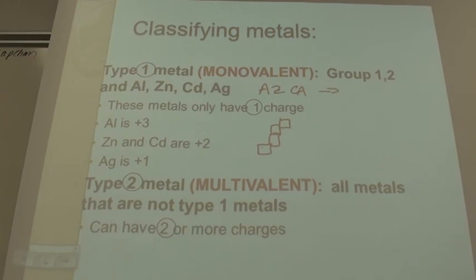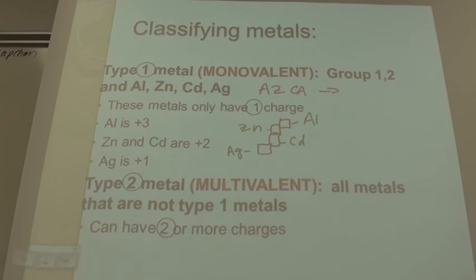Where this would be silver, this is cadmium, this is zinc, and this is aluminum. And we go up in charge, +1, +2, +2, +3. It is absolutely vital that you are able to look at a metal and determine the charge of the monovalent